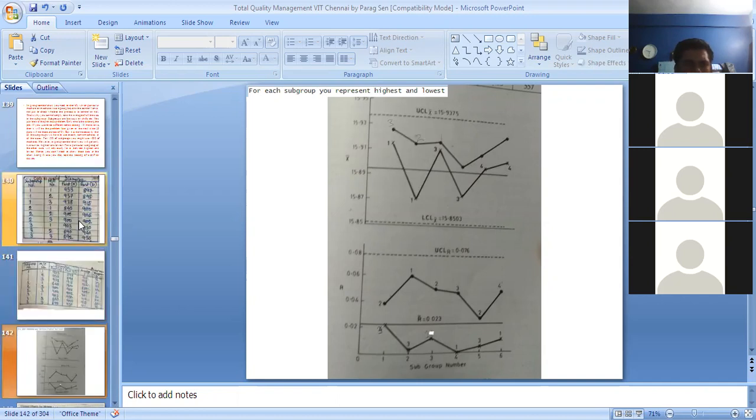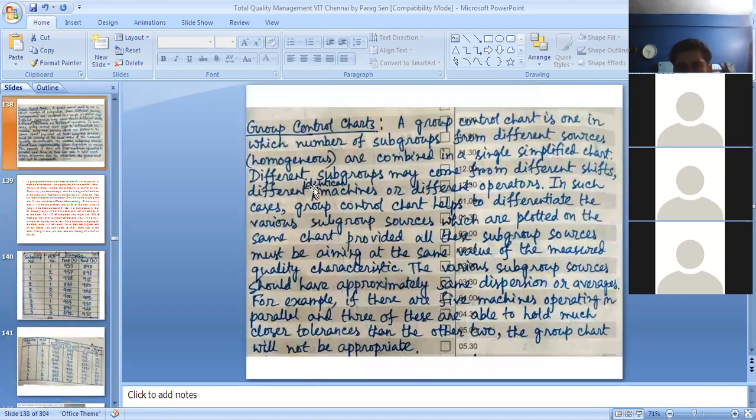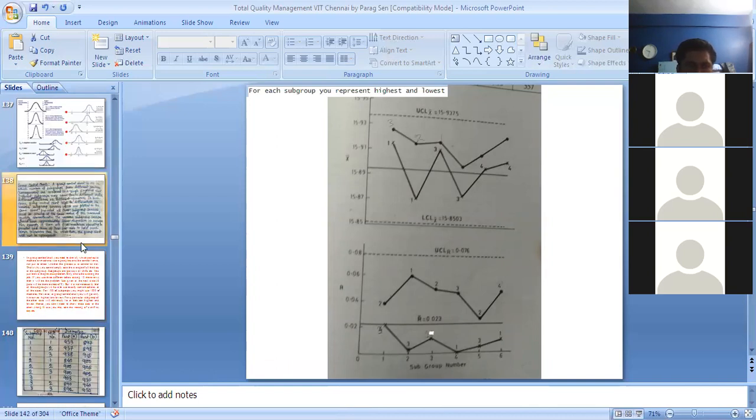Another thing to be noted is that there are some restrictions of using this particular chart, because it is usually applicable only for similar sorts of machines and similar sorts of tolerances. But if the machines are of very different types, then usually you cannot use this kind of chart. So this is a very interesting thing to note.